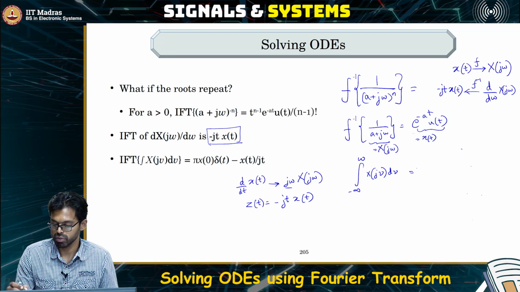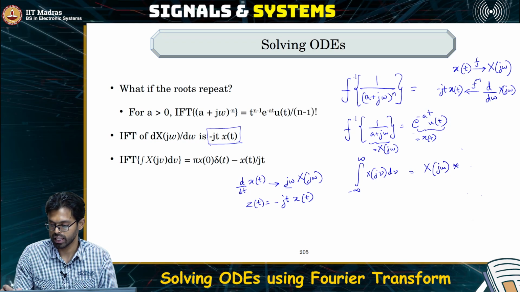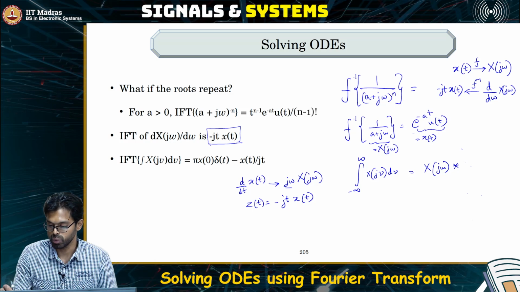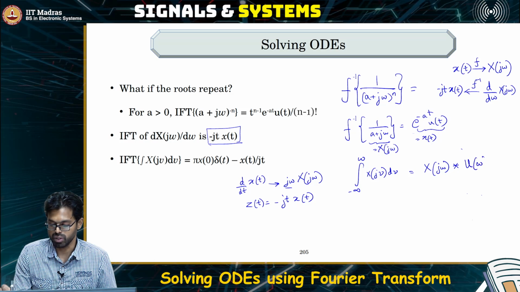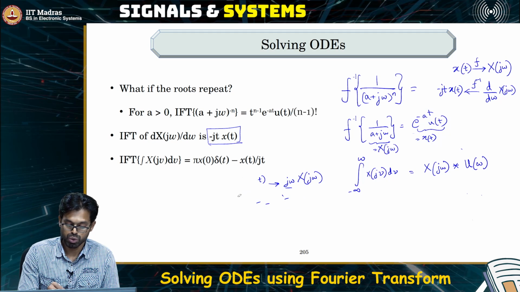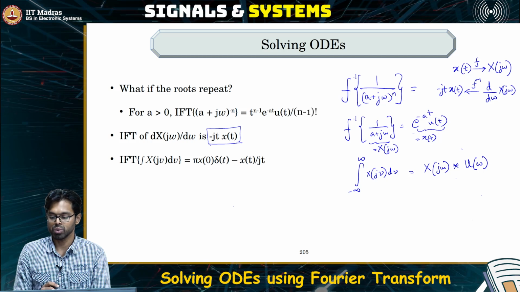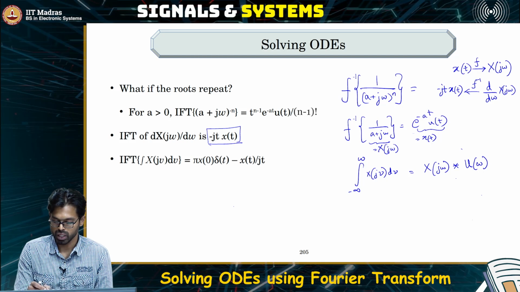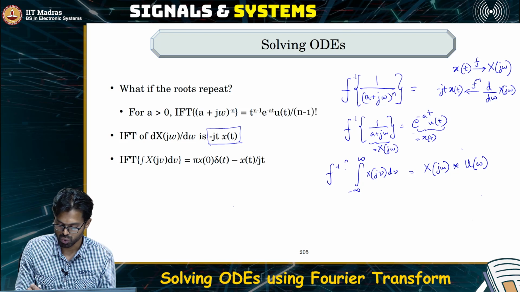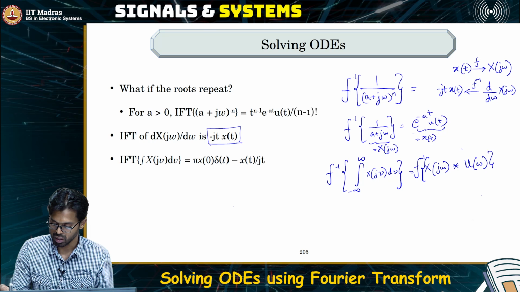In other words, what we are doing here is convolving in the frequency domain with a frequency domain step function. So we'll use the property that convolution in the Fourier domain is equal to multiplication in the time domain. So the inverse Fourier transform of this term is in fact nothing but